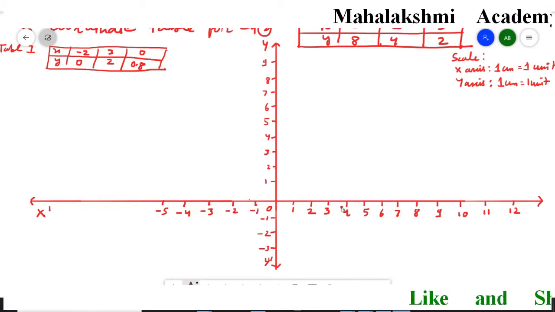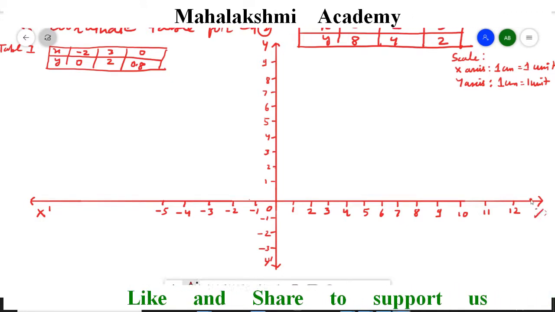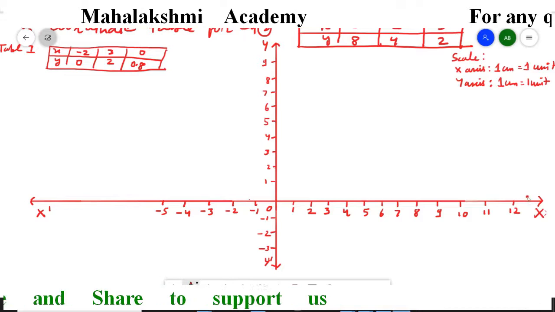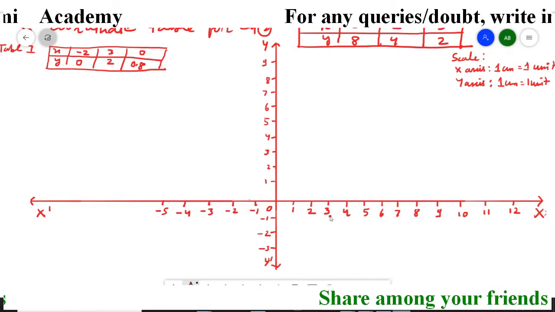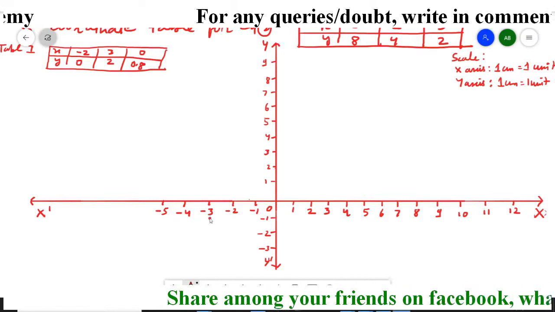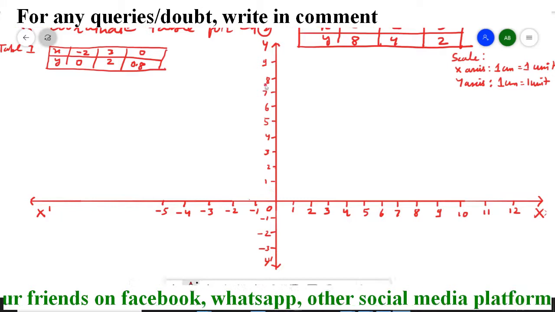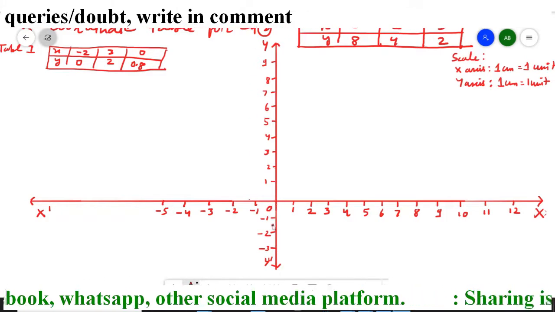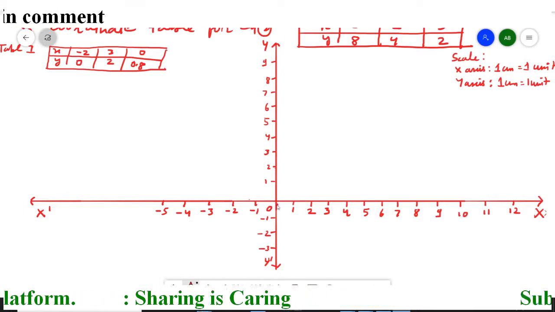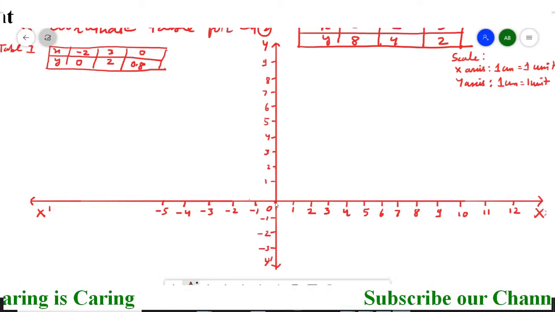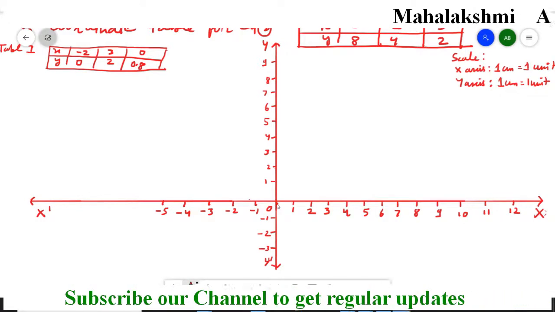So this is the horizontal line, our x-axis. On this side we have the positive x-axis and here we have the negative x-axis. You can see all numbers are positive on this side and negative here, and the vertical line is named the y-axis. Above are all positive and below 0 is negative. Wherever the x-axis and y-axis intersect each other, the coordinate of x is 0 and y is also 0, and this is named the origin.